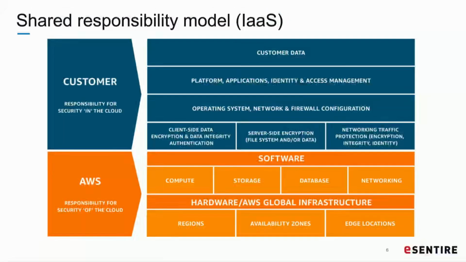What's on the screen here is the AWS shared responsibility model. Some of you who are more familiar with AWS will probably have seen something like this before. The point of this is to make clear the responsibilities of security between the cloud service provider and the actual end customer. They have a few different versions of this as well. This particular one is for infrastructure as a service, so again, thinking traditional instances and VMs. A good rule of thumb is on the left there: if it's in the cloud, it's probably your responsibility. If it is the cloud, it's probably the cloud service provider's responsibility.